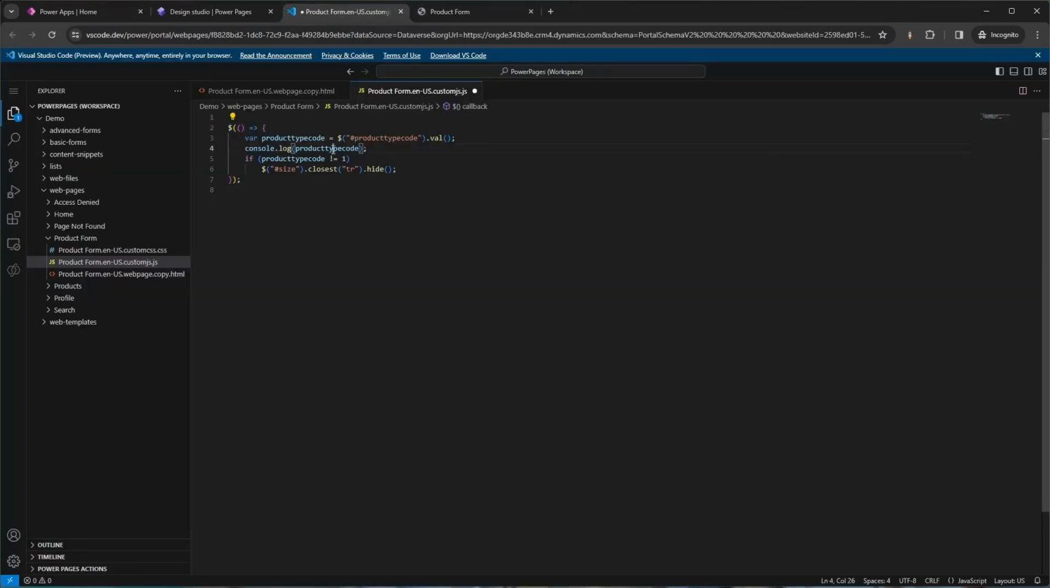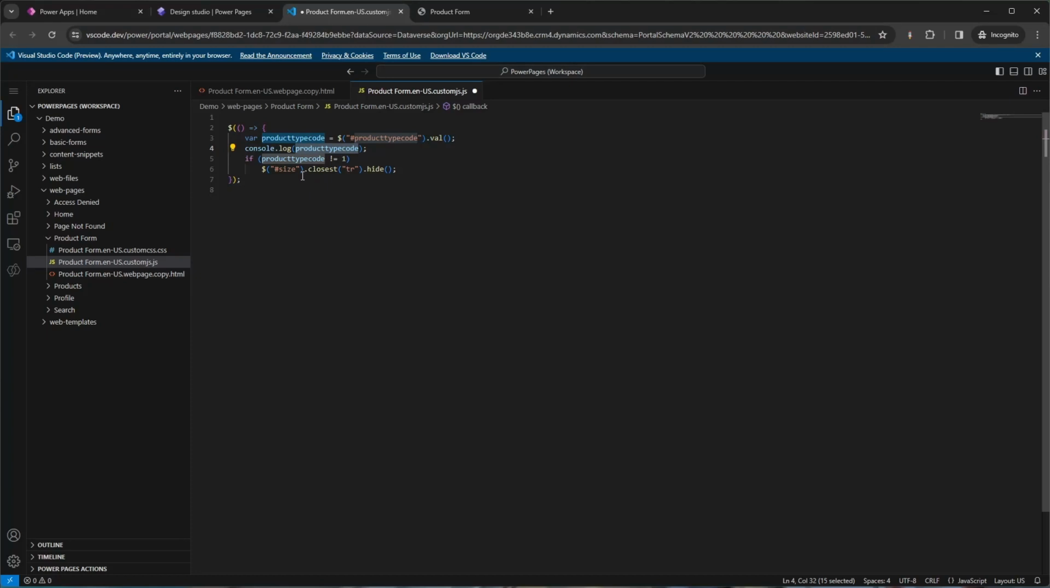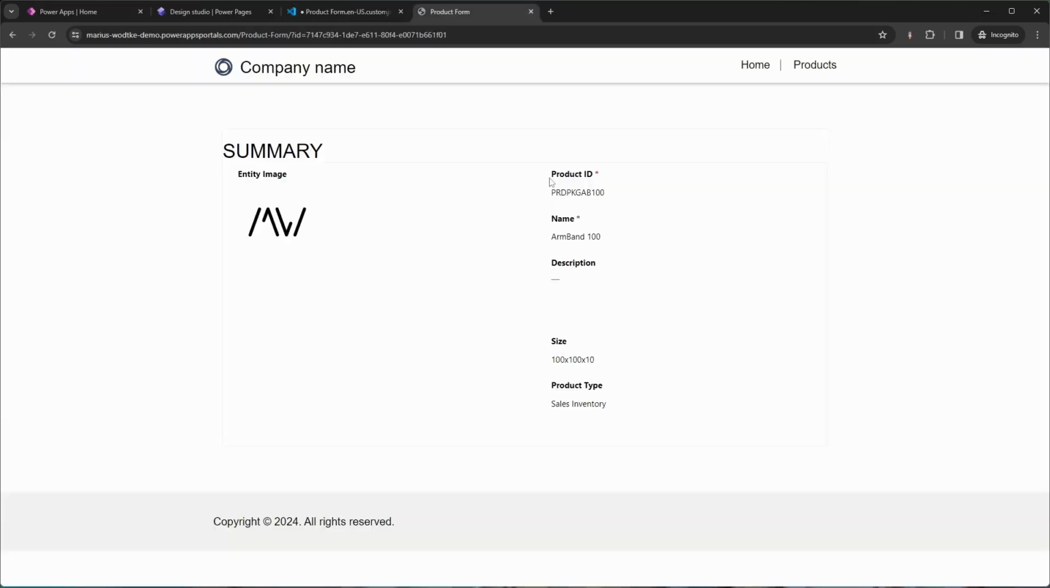And then we are going to log it out to the console just because I needed to know what the values are, and if the value is not one, being sales inventory, then we are going to hide the size field. You can access any field with its logical name here with the hashtag because that's its ID, but I don't only want to hide this portion here, which is the hashtag size, but I also want to hide